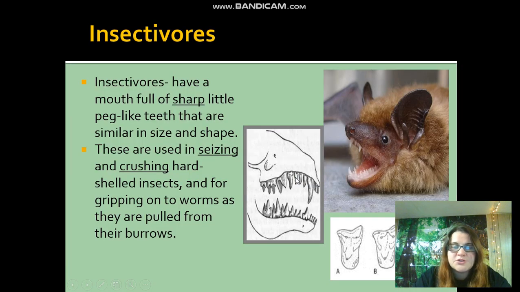Okay. So insectivores have all those different types of teeth as well, but those are just a lot smaller. And those are really, really sharp and pointy, just like carnivores. So an insectivore is a type of carnivore that feeds on a specific meat. So I know we don't really think about bugs as meat, but for them, they are meat. Okay, and so they have these nice little dagger-like pointy teeth so that they can break through that hard exoskeleton